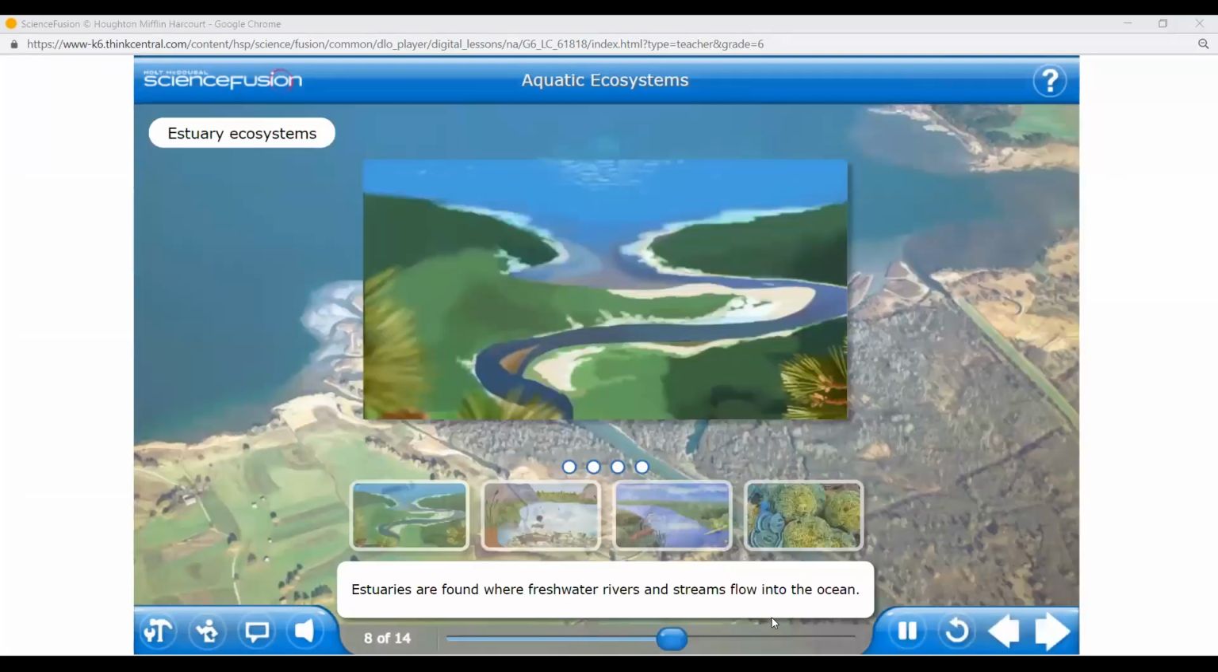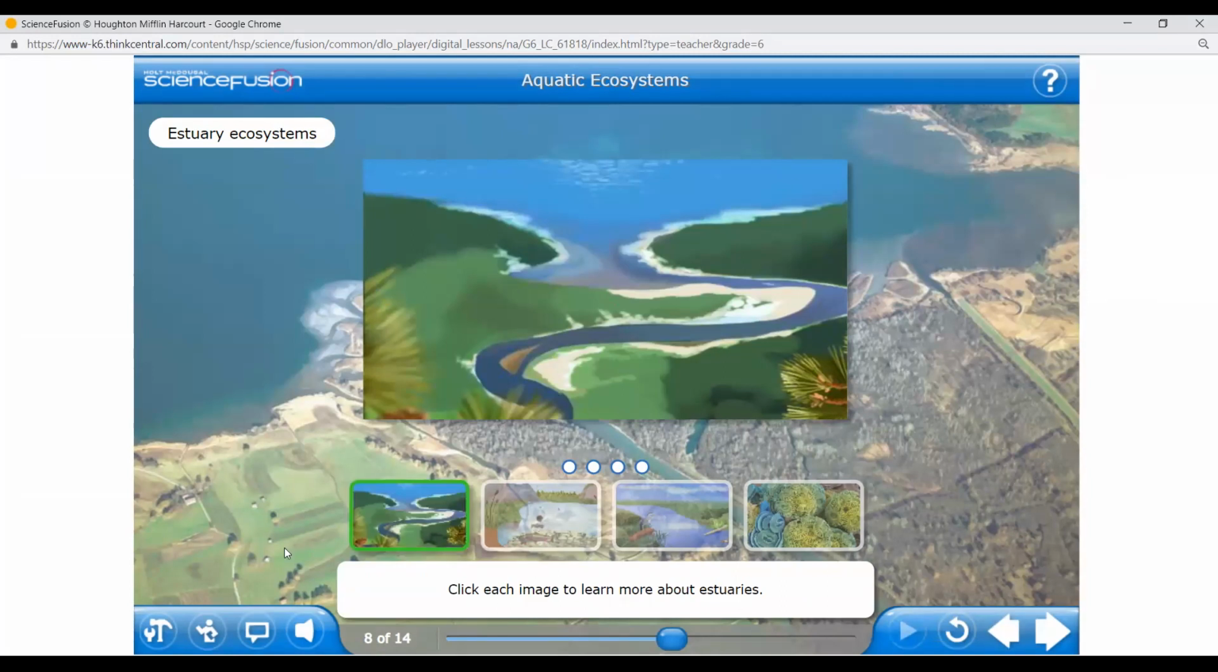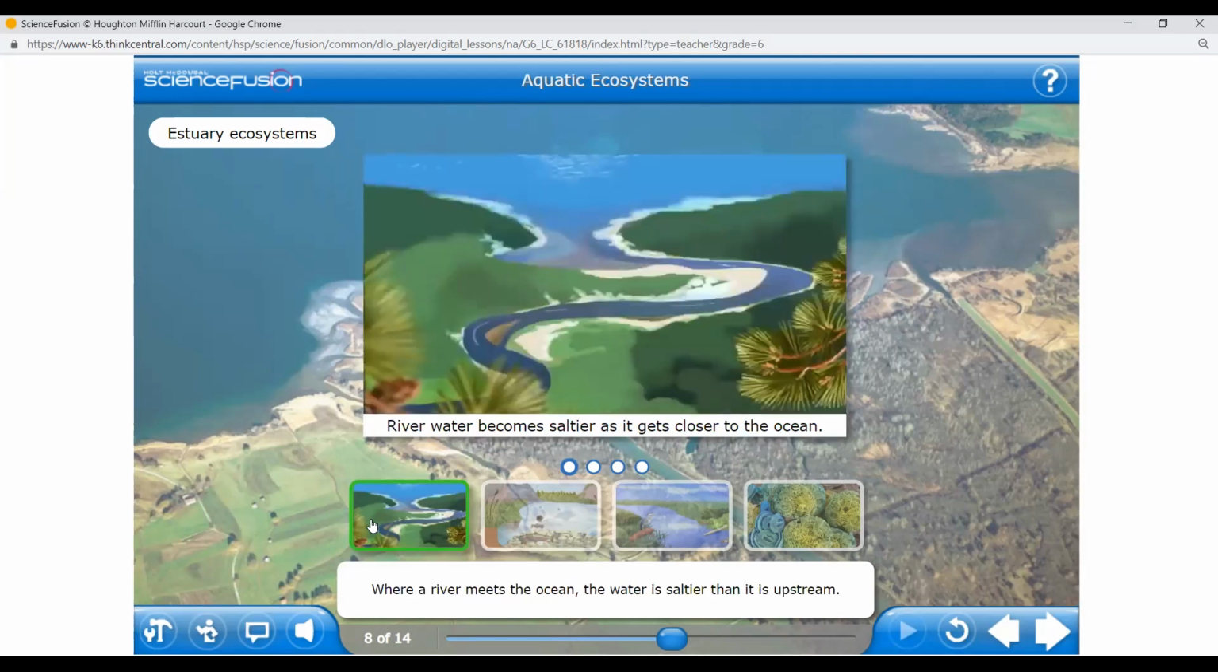I saved up my allowance to buy this awesome aquarium. My uncle works in construction, so he built it into the wall. It looks so cool. It took some time to get the environment ready to put the fish in. I needed to buy equipment to pump air into the tank and to make sure the water chemistry was right. Where a river meets the ocean, the water is saltier than it is upstream. Most freshwater organisms can't tolerate